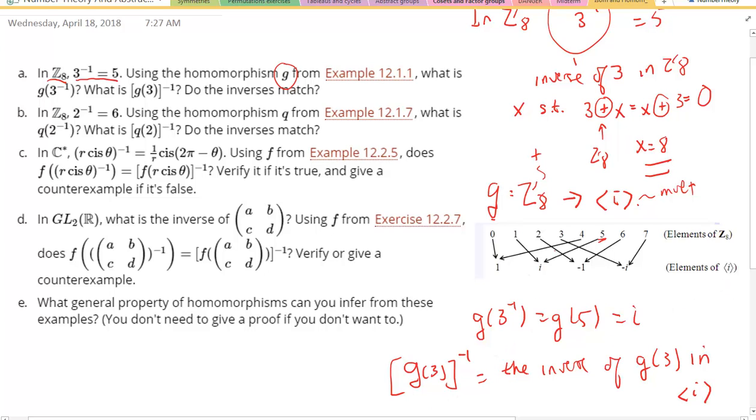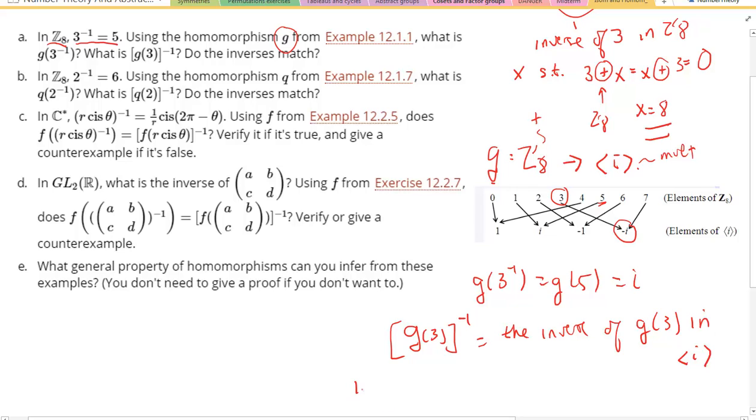Now, what's G of 3? Well, you follow here, here's 3. G of 3 goes to minus i. So I want to find the inverse of minus i in the group here. All right. So you can go do your Cayley table. This is a multiplicative inverse, because the operation here in this cyclic group is multiplication. And you'll find some relationship between the multiplicative inverse of minus i and this result here, the G of the